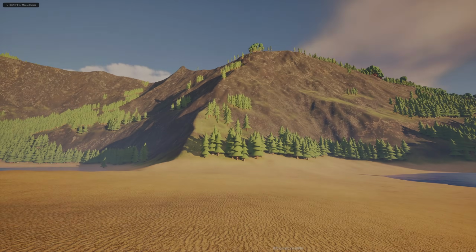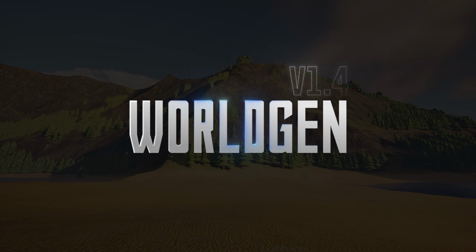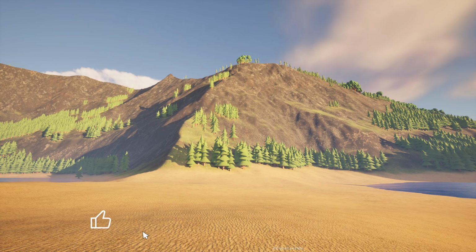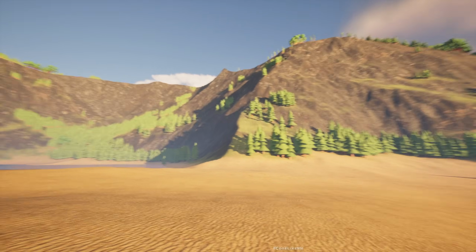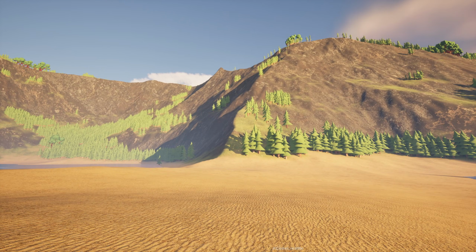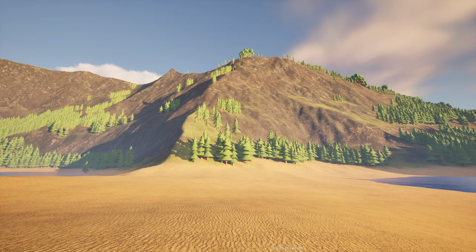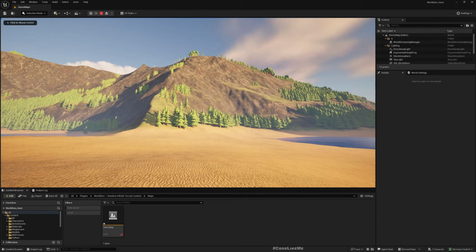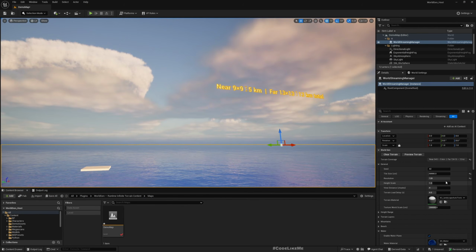Hello everyone. In this update, which is 1.4 of WorldGen system, I have worked on a very important fix, which is keeping the texture scale and the foliage placement grid consistent across different landscape tile sizes and different landscape resolutions. So that means here you can see, remember how the landscape looks here, and here now I'm using the